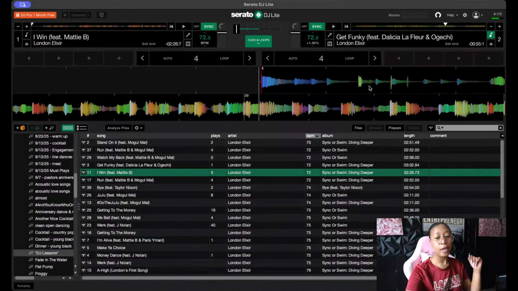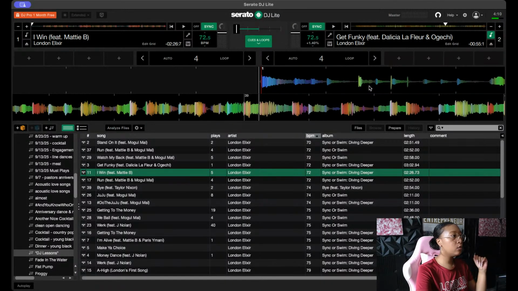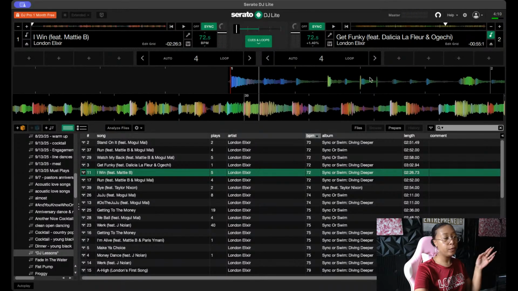There we go. That's better. Okay, so in order to set the cue point, you can literally click and drag on a track. It'll make that noise, which is kind of annoying. But